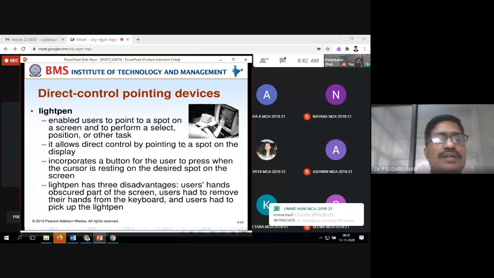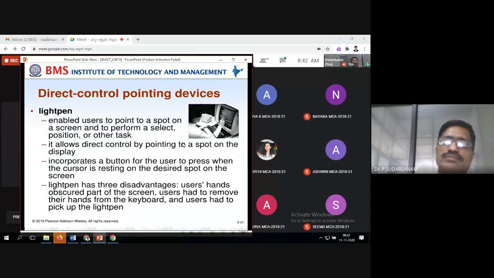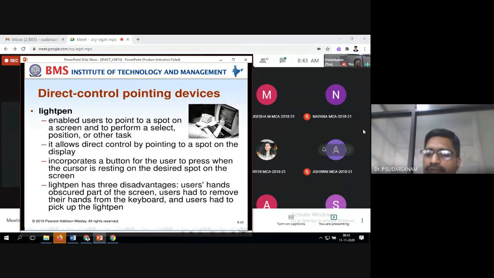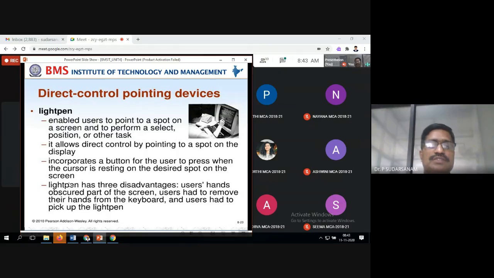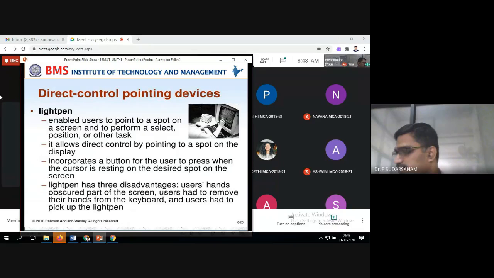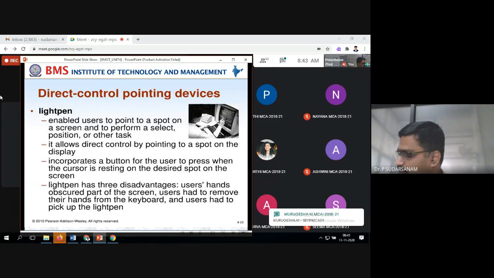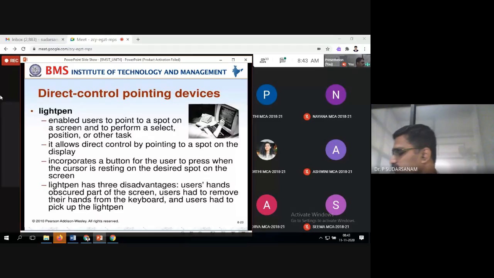So now direct control pointing devices is nothing but, even you can take a light pen. We can change the colors or point out something. When some people are discussing, they mention a position, and they want to highlight it, so it can be highlighted. That is what direct control pointing devices are. Here you can say mouse also. Pointing devices eliminate the hand